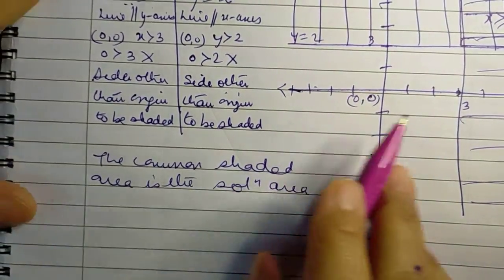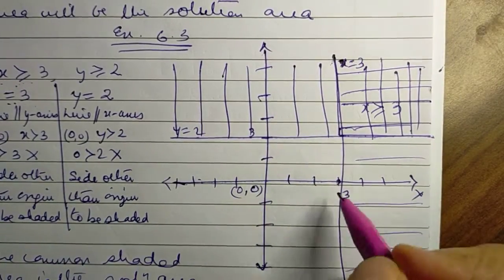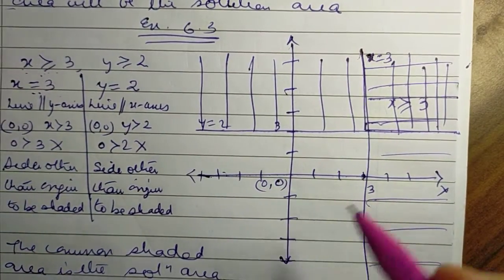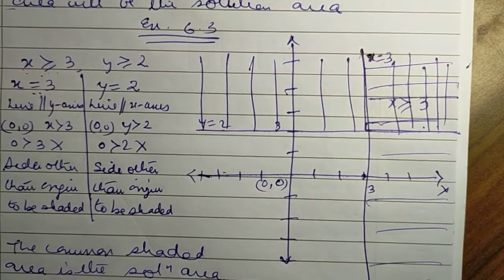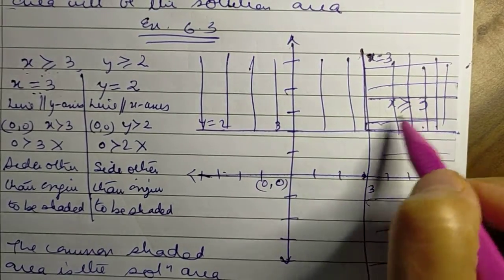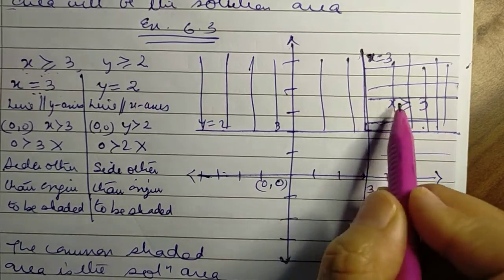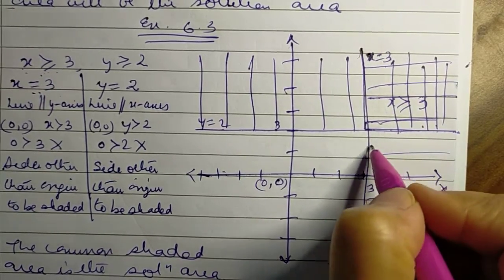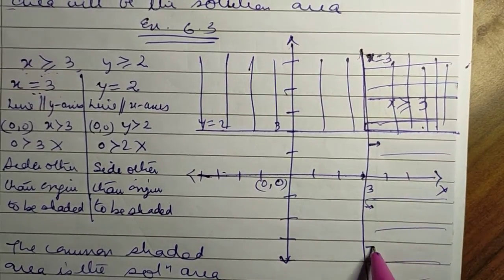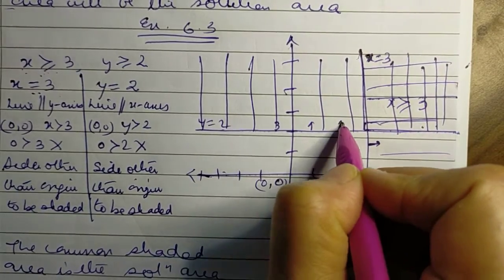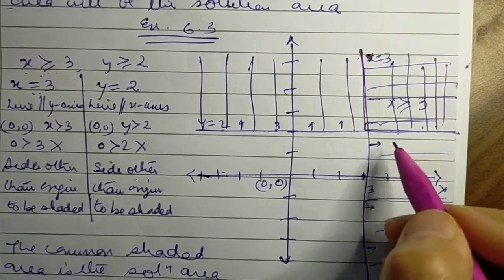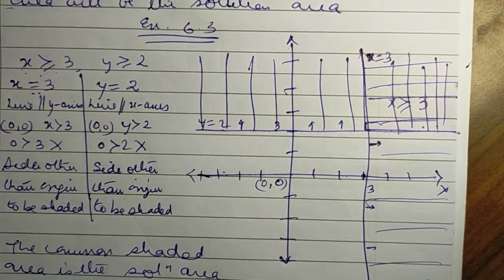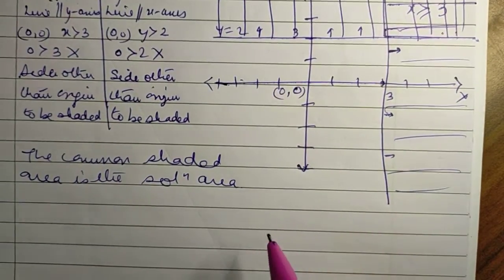Is it clear? So it's very simple. We have to just keep drawing. Preferably you could use different colors to do the shading, or you could use different directions to shade. Or another way of doing it is that ultimately you just show here that this line is getting shaded this way, and you just darken the spot which is the common shaded area. So either way you can express your answer.